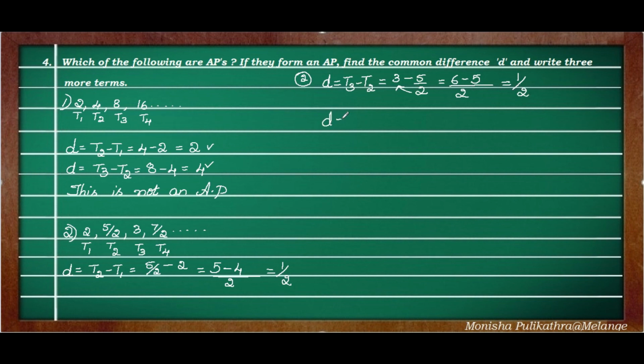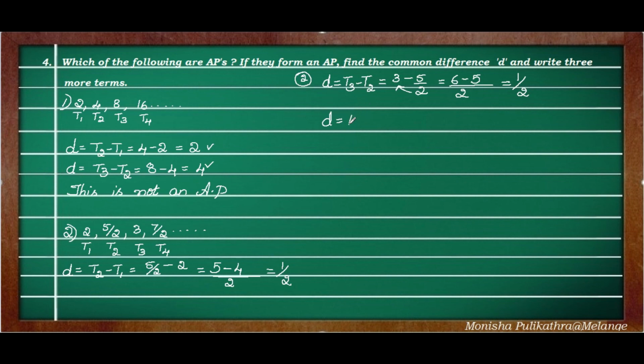Next, if the common difference comes out the same, then what do we have to do? We need to find the common difference of all the terms. In the first case, at the second common difference itself, we could notice that the common difference was varying, so we could stop there. But in this case, the common difference turns out to be the same, so we need to find all the common differences.